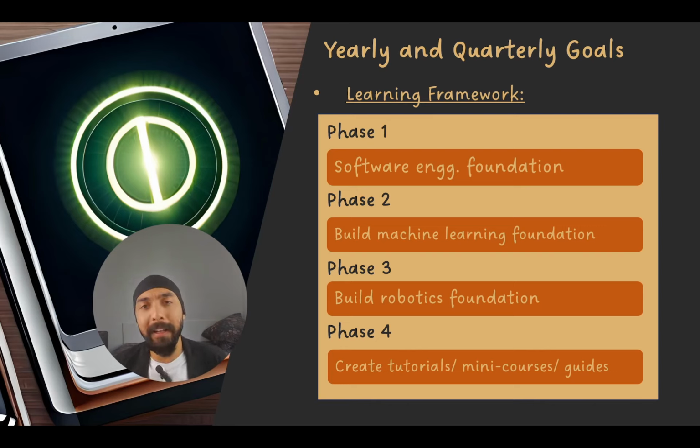You cannot expect everyone to follow the same lecture series. Everyone also learns differently, and everyone has slightly different interests, and you can follow a slightly different career path, and for that you need your own unique curriculum builder. So that's why I'm pretty excited about this. And phase one is software engineering foundation, and build machine learning foundation, robotics foundation, and create tutorials, mini courses,